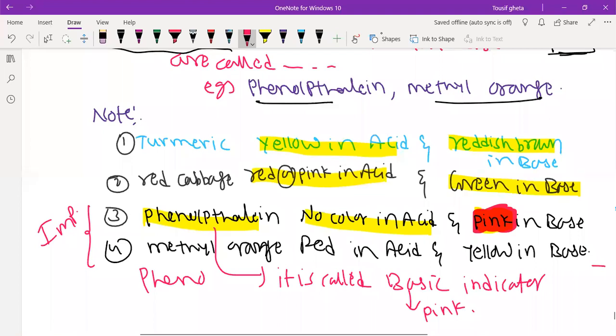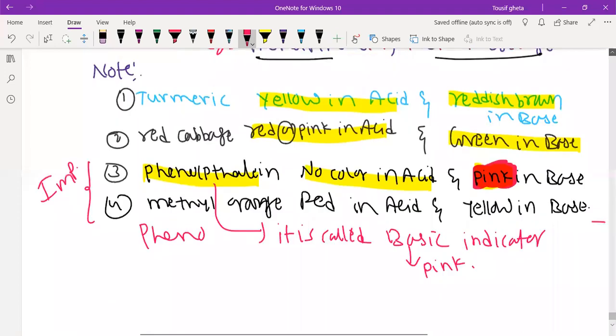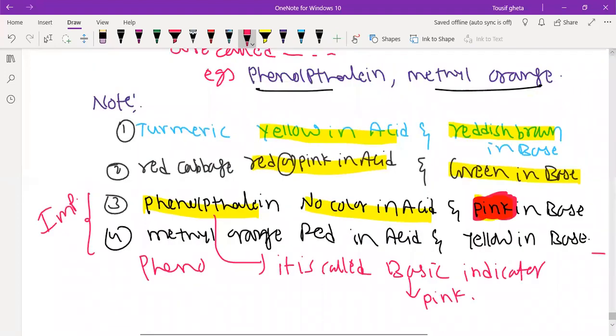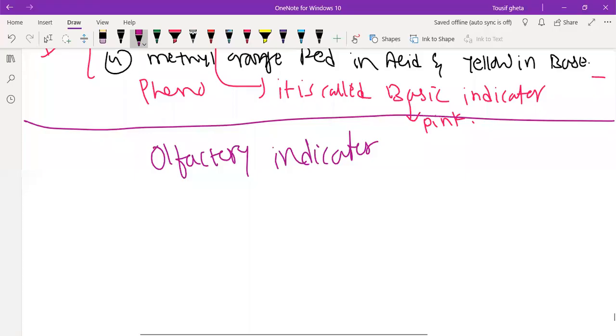Red plus blue purple. Really? Okay. Possible. Arun, ideas are good, Steven. So everybody understood? Phenolphthalein is called a basic indicator. Arun, where you did not write, copy soon, fast now. This is the last, another 10 minutes, okay?